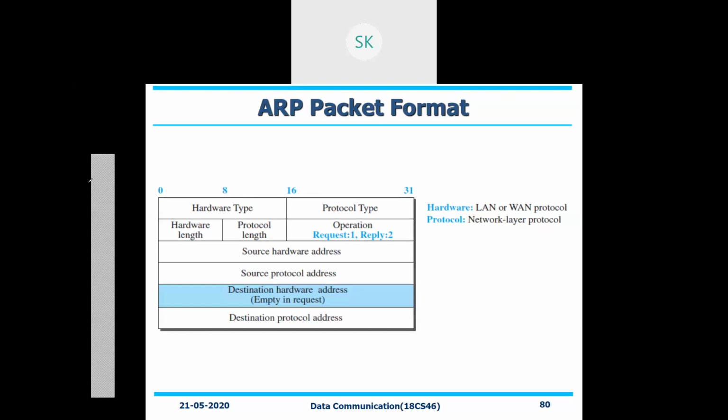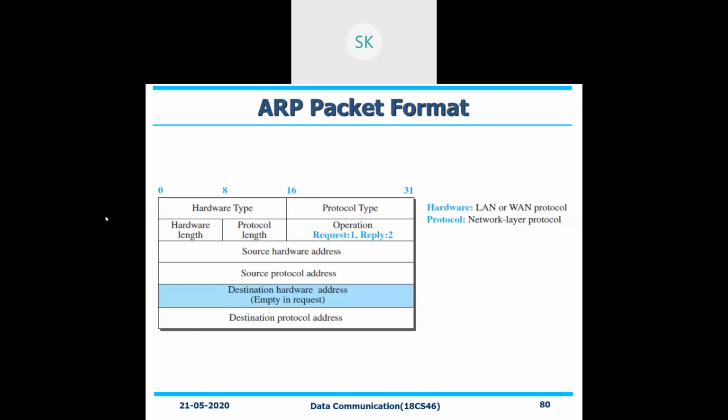I'll just try to annotate it. This hardware type is nothing but LAN or WAN, right? If I use LAN, which is the commonly used one, we'll just go for it. This one is IP. With respect to IP, version 4 is there, version 6 is there. Generally, we'll be using version 4 itself. With respect to this, now we are talking about it.